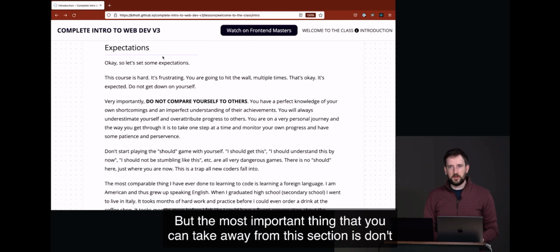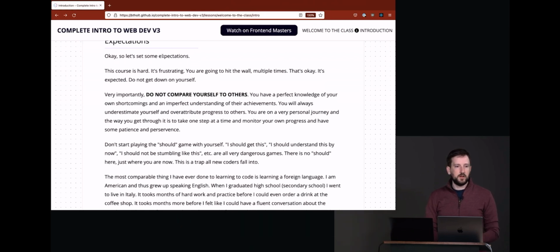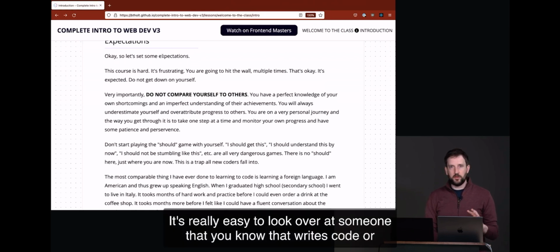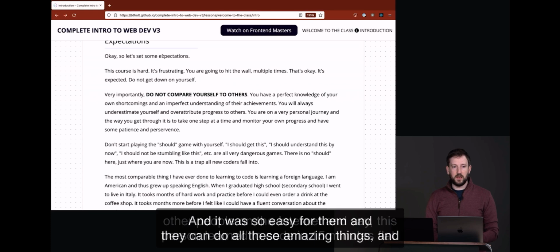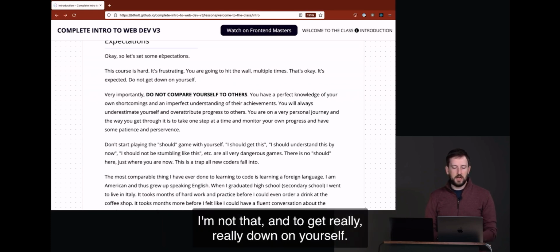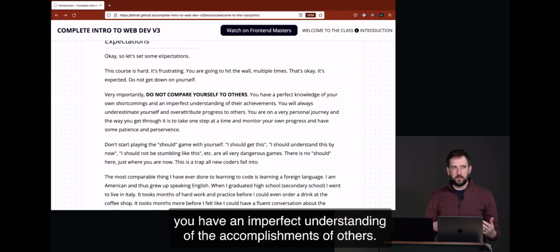Probably the most important thing that you can take away from this section is don't compare yourself to others, right? It's really easy to look over at someone that you know that writes code, or other people on the internet, and say, this person learned to code in 15 minutes flat, and it was so easy for them, and they can do all these amazing things, and I can't do it. I'm not that. And to get really, really down on yourself. So you have a perfect knowledge of your own shortcomings, and you have an imperfect understanding of the